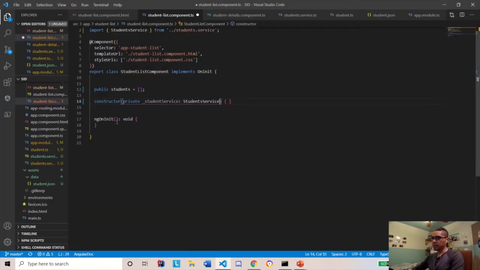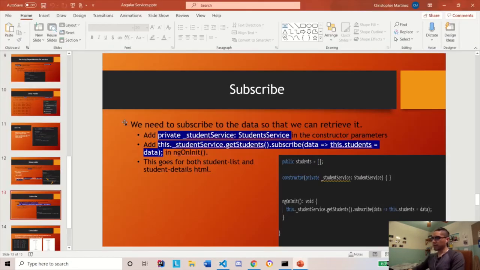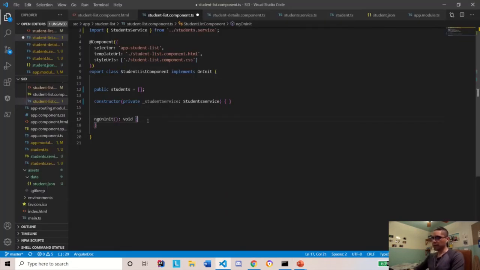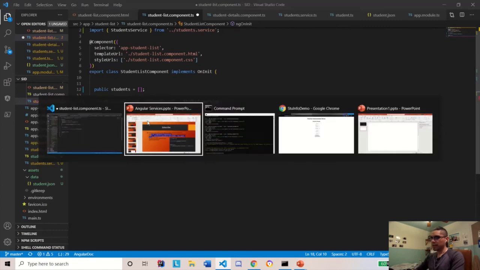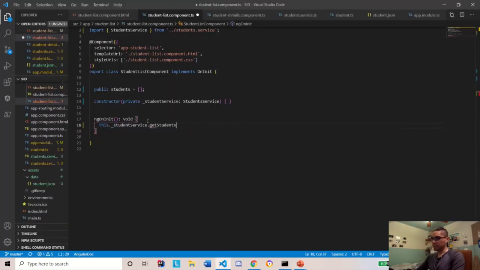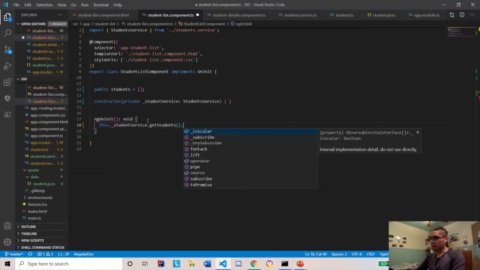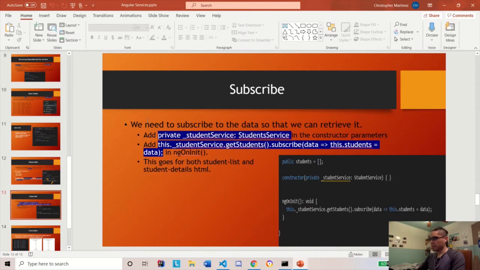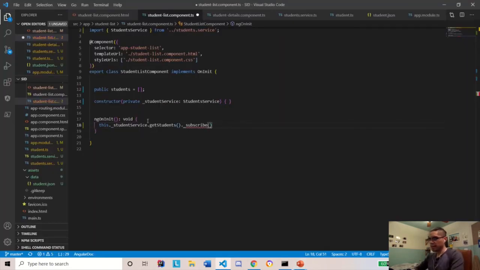And then in here we do this dot student service dot get student dot subscribe, and then in here we add in data equals this dot student again equals,